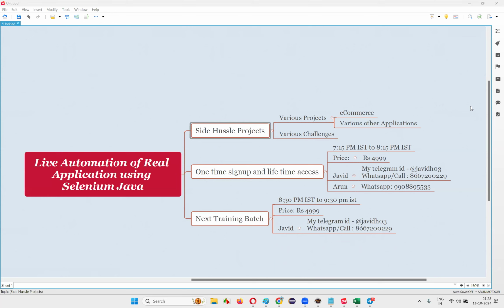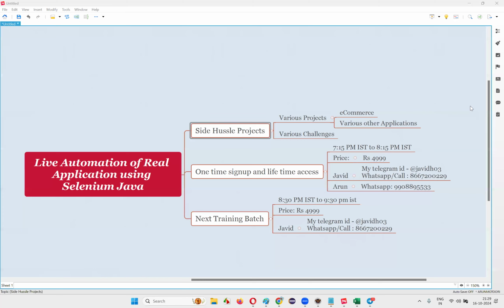Currently, the people who are interested in frameworks, join right away to our training batch, because at 8:30 p.m. IST daily we have sessions where we are going with frameworks only. Yes, CI/CD and Jenkins will also be covered as part of trainings and the live project too. There will be references for that. Don't worry about that. Implementation references will be there for live automation, as part of CI/CD and so on.